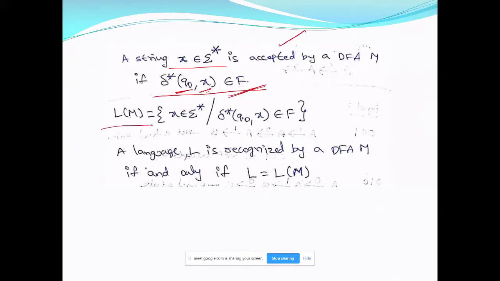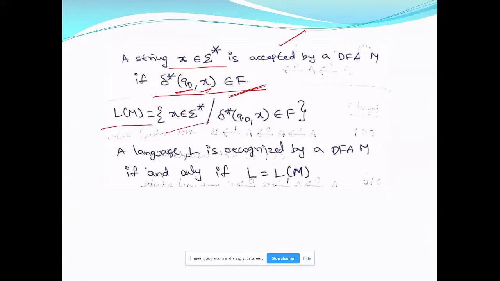This is the notation I will use for the language accepted by DFA M: L of M is the set of all strings that are accepted by the given DFA M.